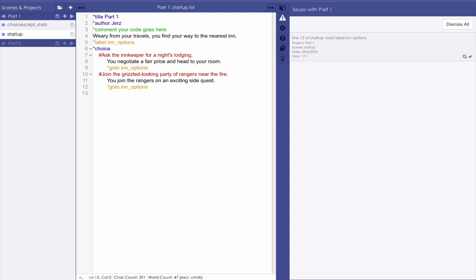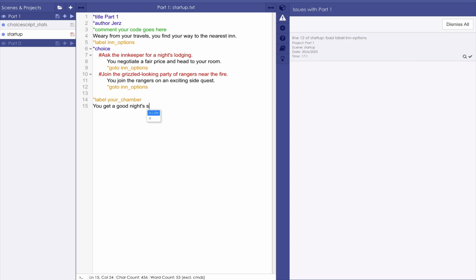Now, writing a more engaging game means creating a more complex structure. One way I like to think of a player's choice is as a request to do something. And I like separating the player's request to do something from the game's explanation of whether the player's effort was successful. I'm going to break this up a little bit. I'm going to create some new labels. The label your chamber, and we'll just say,